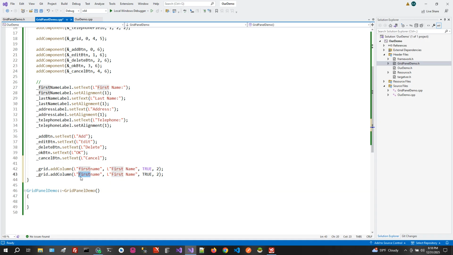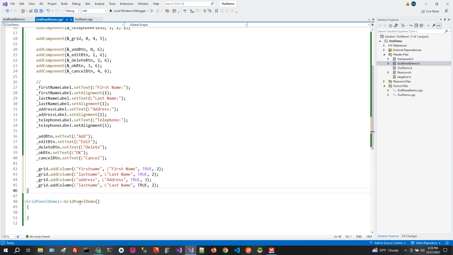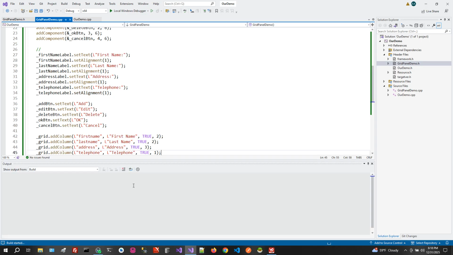So the last name will also be visible, and it's also going to occupy 2 spaces. And then the next one, we're going to display the address, and we'll make the address occupy 3 spaces. And then we'll have the phone number occupying 1 space. So now that we added the columns, if we run again